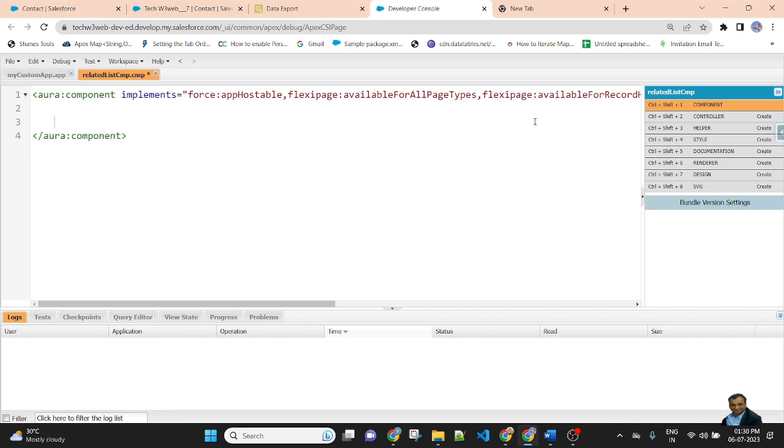So first I will create a div with class SLDS p-around_medium, and there is a lightning card before the div container.